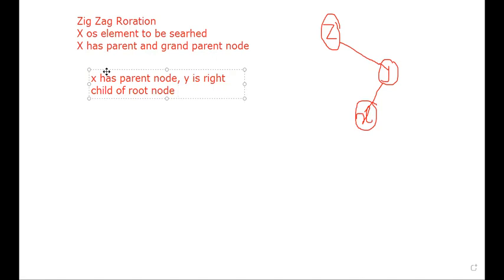And X is on the left side. So this is the position: X has a parent Y, Y is the right child of the root node Z, and X is the left child of the parent. When this is the situation, then you have to perform the